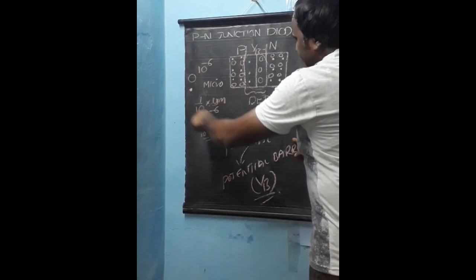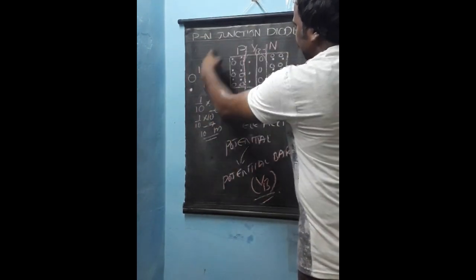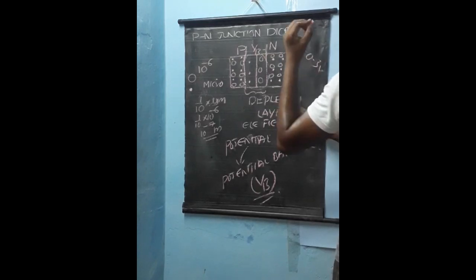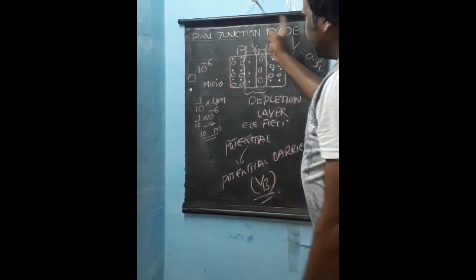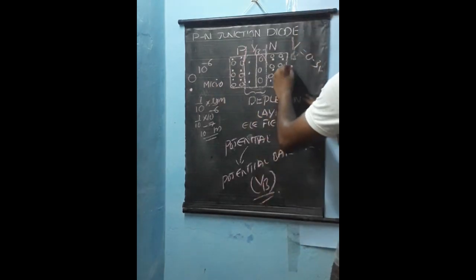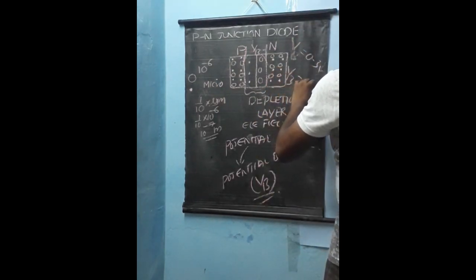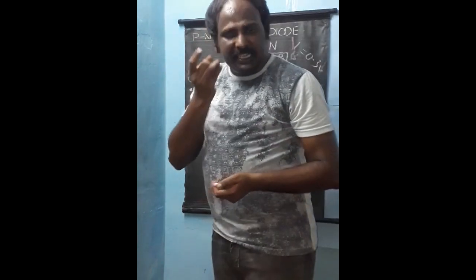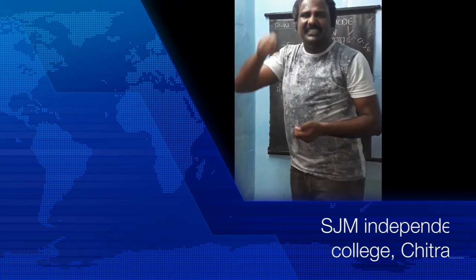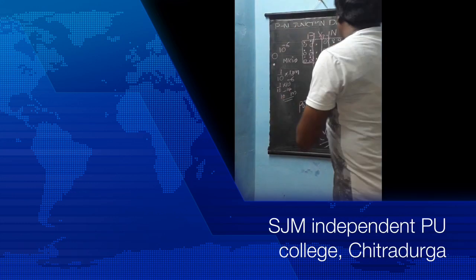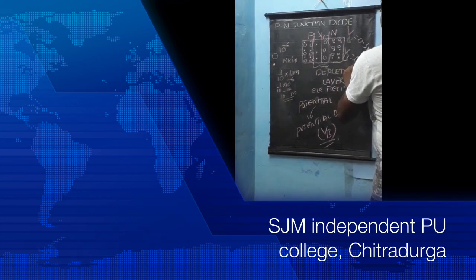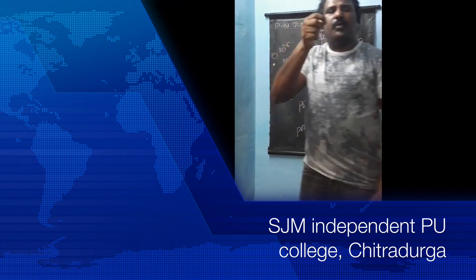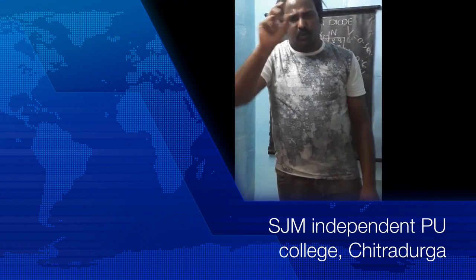If this complete semiconductor is made with germanium, the potential barrier is 0.3 volts. If it is made with silicon, the potential barrier is 0.6 volts. These are standard values. The potential barrier for a germanium crystal is 0.3 electron volts and for silicon it is 0.6 electron volts. As the values are small, we measure them in terms of electron volts.